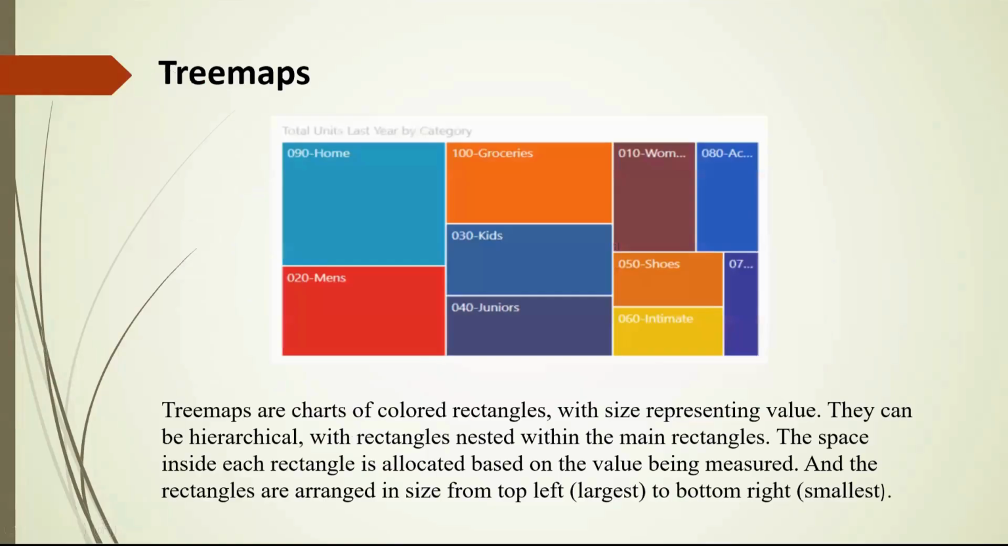If you click on August, you will be able to see the data of the August month. The next is tree maps. Tree maps are colored charts. Here basically they are representing the values, and these are nested rectangles within a main rectangle, and the space inside each rectangle is such that the bigger the rectangle, the larger will be the amount,